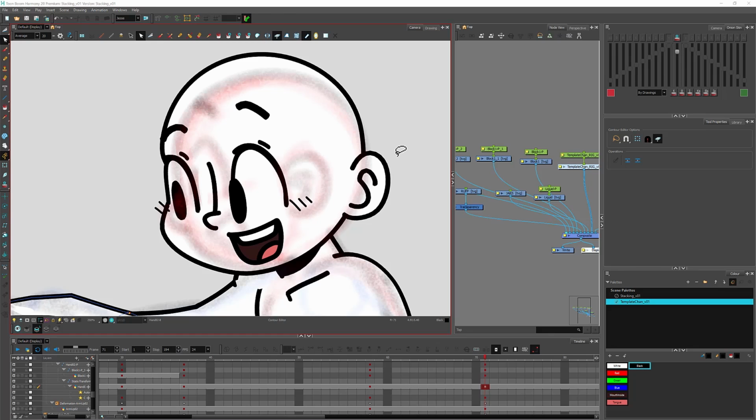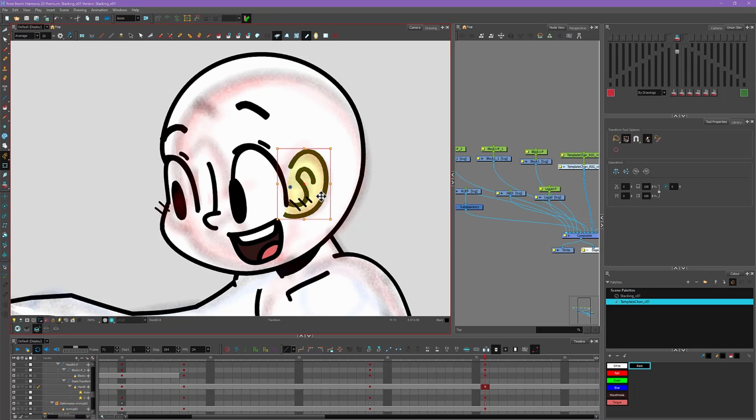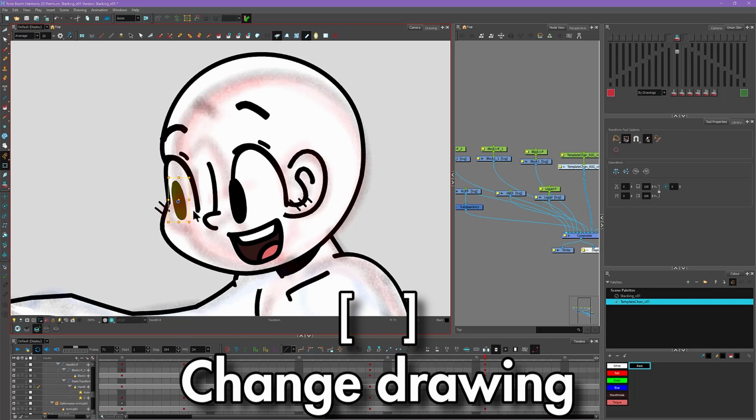So for this part, I wanted to have him face to the side. So in order to do this, I'm going to have to move a lot of body parts to where they need to be, and also redraw parts as I need them. So for example, instead of having two eyes here and two pupils, one of these pupils I'm going to get rid of. I can either move it off the screen, or I can go to the drawing layer and use my bracket keys to the left to get rid of it, just like that.